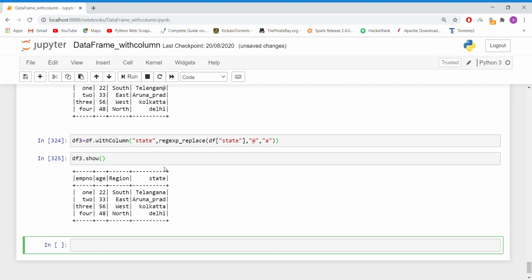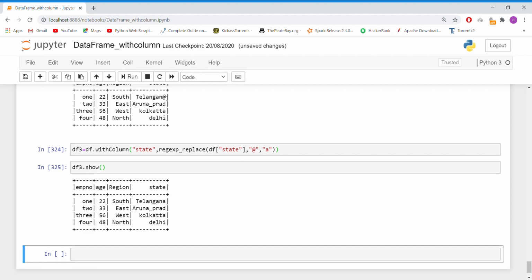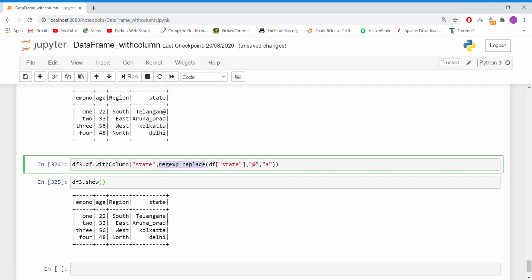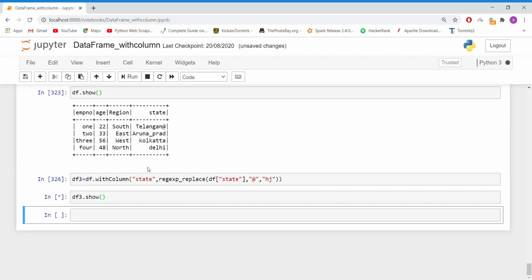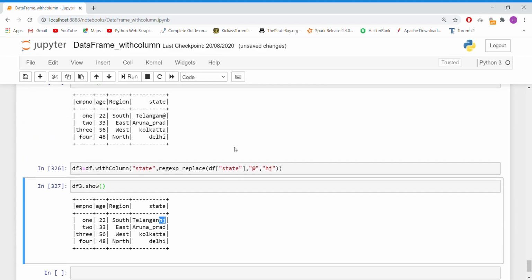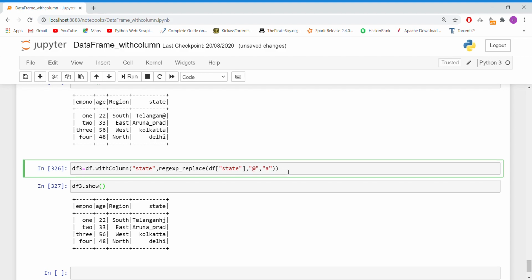Now you can see previously here it was at the rate, but after doing a regular replace operation on this particular column, it has been replaced with A. If you pass any character, it will execute no matter what. So similarly, whenever there is a data cleansing operation, with this kind of regular expression, regular replace, you can do these operations and achieve your requirement.